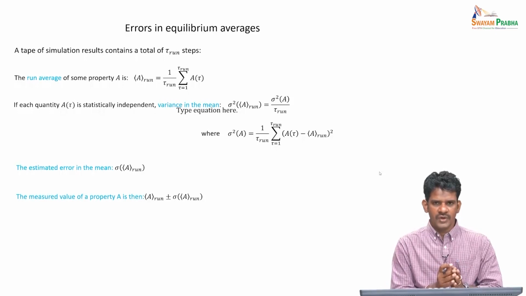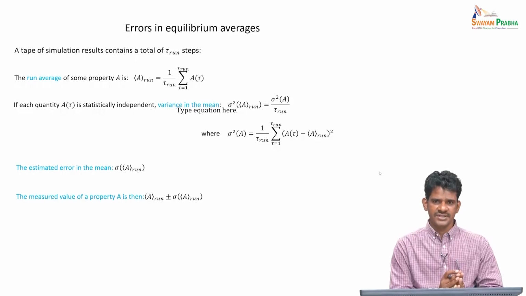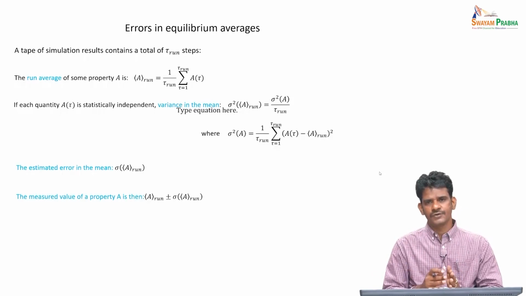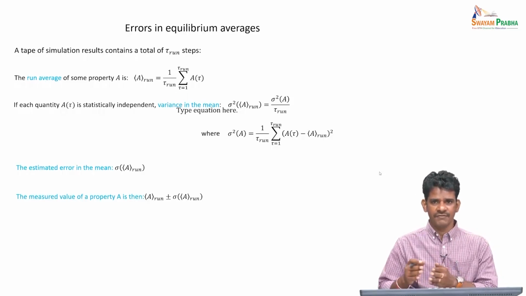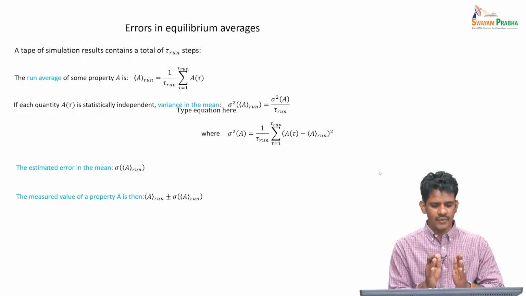Now, when we talk about property measurements, we have to remember that we have ensured the system has reached equilibrium, and after that decision is made, then we run the simulation for a little longer, during which we either do calculation of properties on the fly, or sometimes we write the data set in a file, and then after the simulation is over, we can read the data from the file and do post processing to make measurements. So we have to always keep in mind that the equilibration step is already done, we are talking about only the production step.